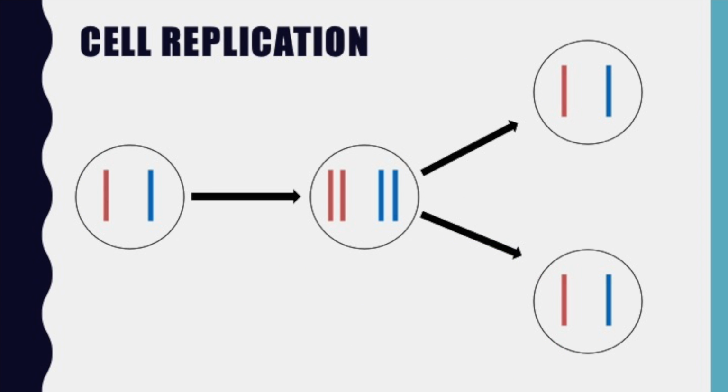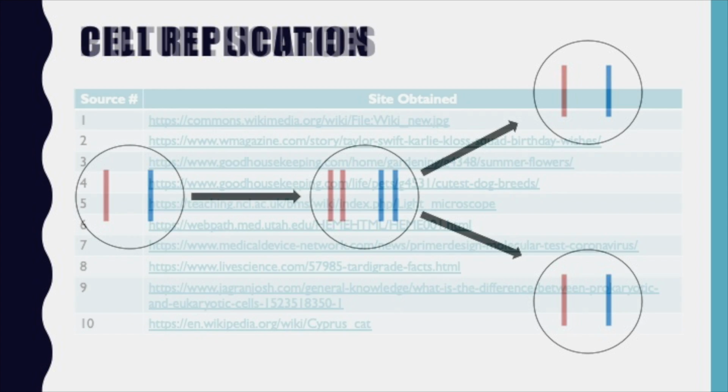So one last topic I wanted to look at before we are done is cell replication. And as I talked about in the beginning of the video, being able to replicate is really important for a cell because it's what allows us to grow. So I'm going to be doing a video about this in the future, but you can kind of see what happens here. The cell is able to take the chromosomes or the DNA within the nucleus, and then it doubles them, and then it splits into two so that it can clone itself. It's a really cool process, so I'm excited to talk about it in the future.